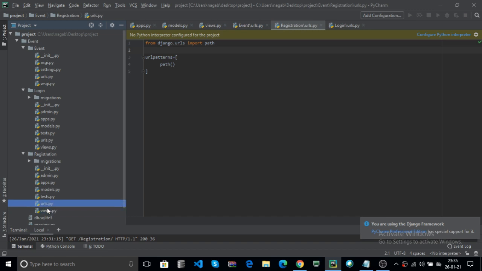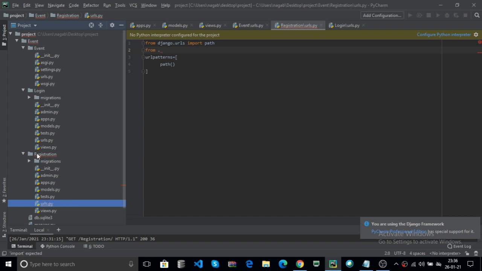Now how to import the views module in the urls.py, because the urls.py handles views.py? Use from dot, that is the current directory, meaning the same directory where the urls.py file is present.